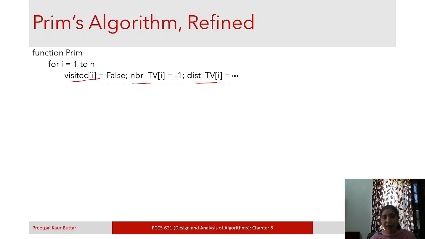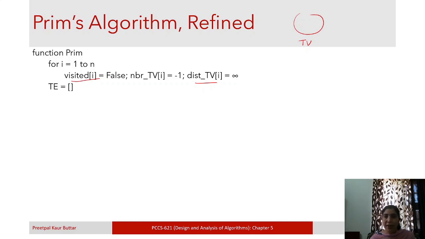Initially we have not added any vertex, so visited[i] will be false for all the nodes, and neighbor of the vertices in TV, because TV is initially empty, so there will be no neighbor. For all i's it will be initialized to -1, and for all i's the distance will be infinity, right?